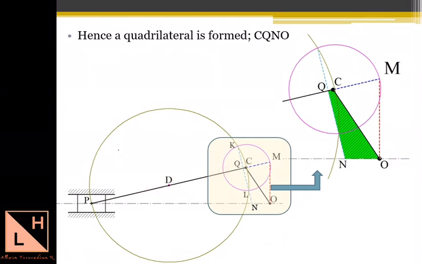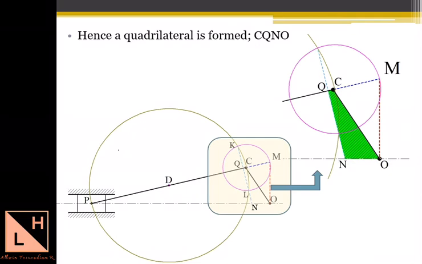The first thing we saw here is the radial component of acceleration for the connecting rod PC, which is parallel to the connecting rod PC. So in the acceleration diagram, the line that is parallel to PC is QC. So this QC line or this length will represent the acceleration of PC in radial direction.